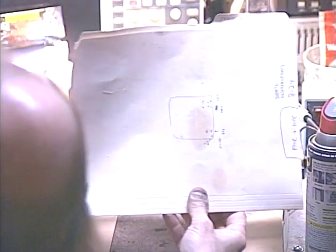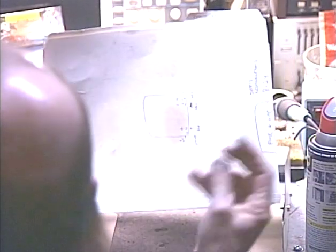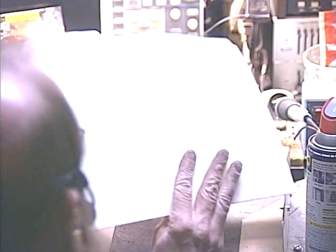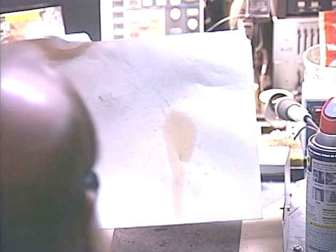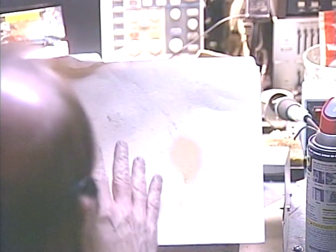And this is a little spray I did of WD-40 about 20 minutes to a half hour ago, and as you can see, it's still doing its job. It's still moist, it's still oily. Whereas this high-end contact cleaner has already evaporated whatever it did to the control to make it work better. It did it then, and it's no longer doing it because it's not there anymore. You can't see it. It's gone. It hasn't even soaked into the paper. Whereas this WD-40